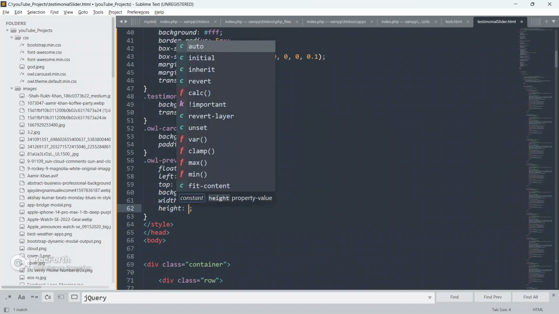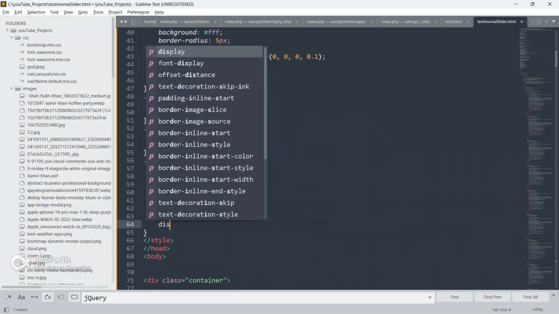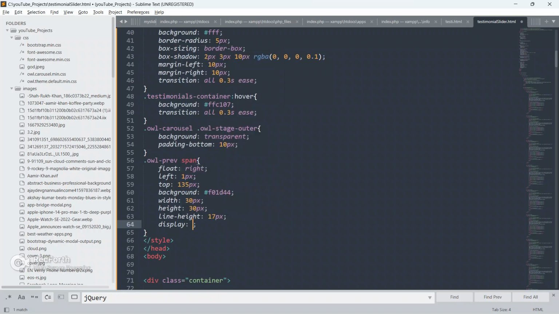Okay, give width 30px, give height also 30px, give line height as 70px, give display as block,